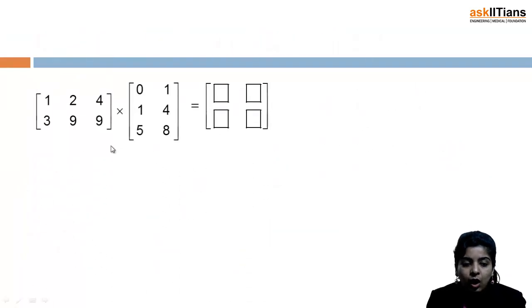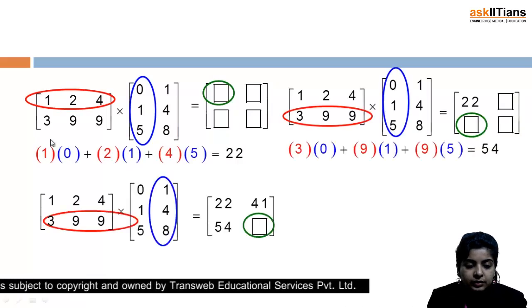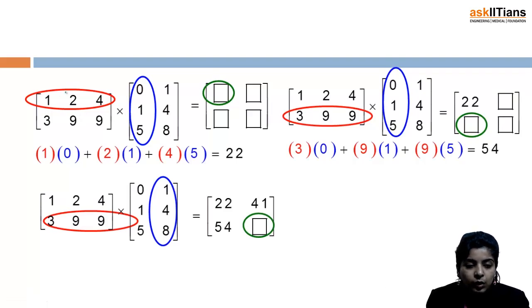Okay, so now how do we multiply? I am taking certain examples. Now if I need to multiply these two matrices, first of all, I take the first row of the first one and the first column of the second matrix, and then I multiply the corresponding elements. First I multiply this with this, then this with this, and then this with this, and finally we add all three entries. And this will give us the element at the first place.